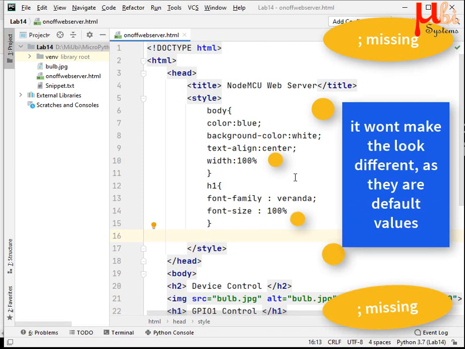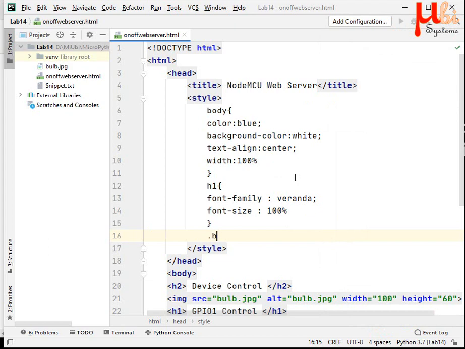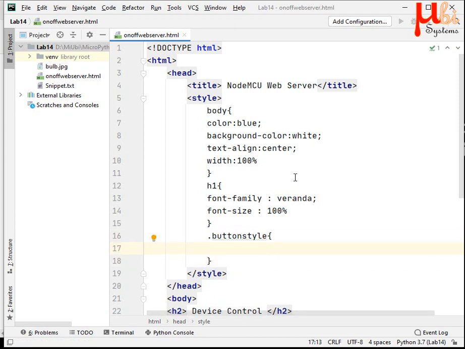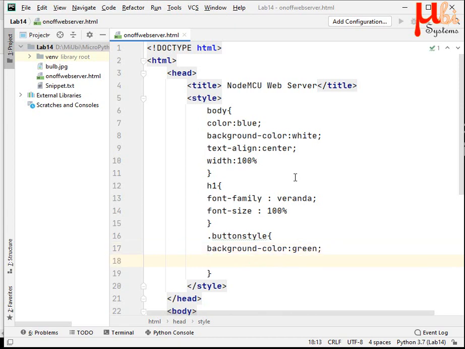Now I wish to create a style for the button, so I will create a button style class. Inside this button style class, I would make the background color of the button somewhere like green. Let me try it. I don't know whether I can directly refer to that.